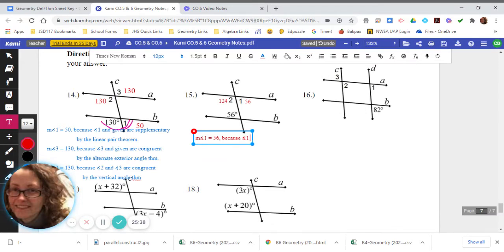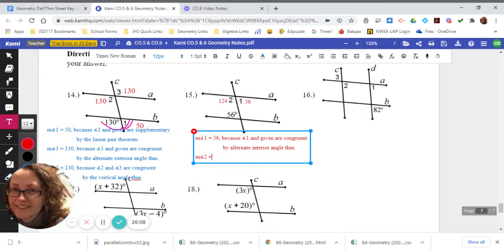So angle 1 and the given are congruent by the alternate interior angle theorem. And then I want to say the measure of angle 2 is equal to 124